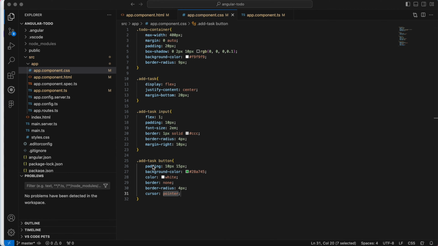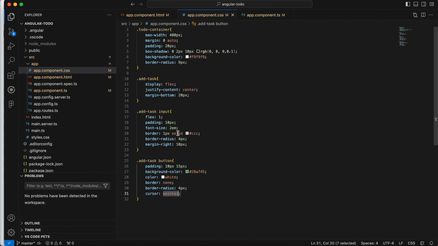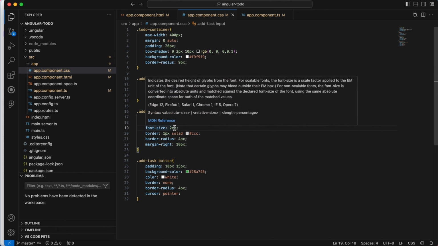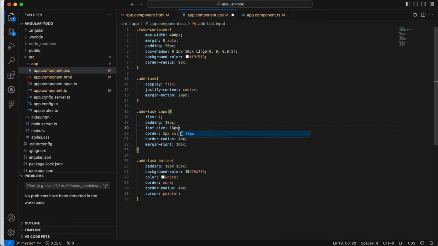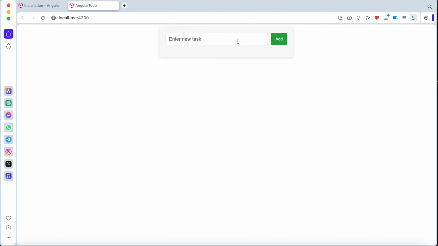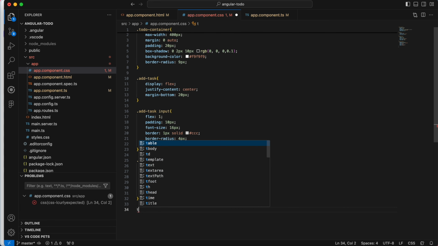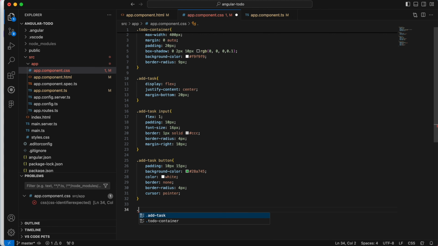Let's see. Oh, okay, this is big. Let me just use 16 pixels. Right, so we have our styles for that one. The next styling will be for the task list. So my list,